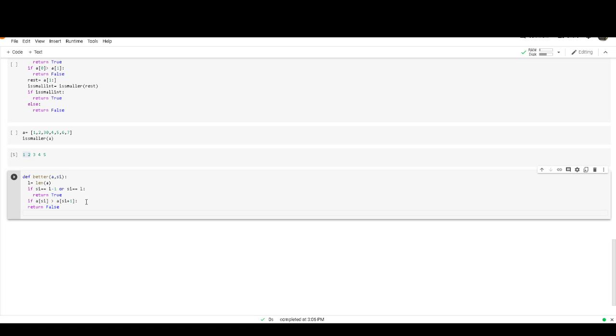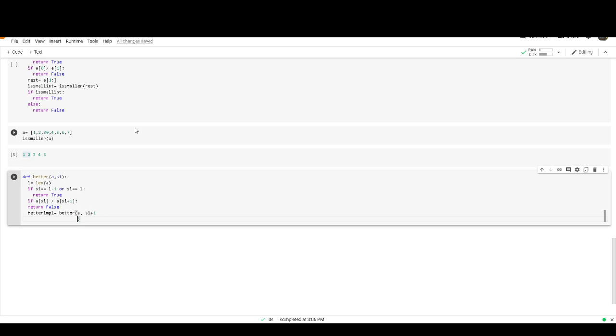Finally we need to implement one more for the recursion. Let's call the function better: better of A comma HI plus 1.